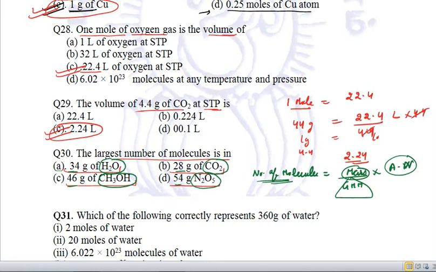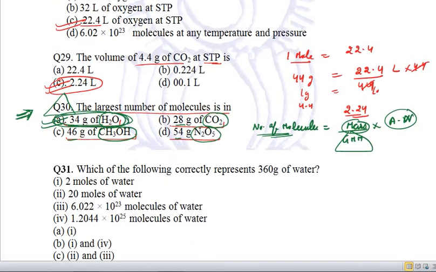Not to waste the time of the class, I think this is simple, and we have done these types of questions many times above. So you can do this yourself, and once you do it, you can check which of them contains the largest number of molecules. Fine. So this 30th question, after such a long time, I am giving you on your own, trusting you that you will solve it and check it out. Okay. The answer when you do it will be 34 grams of water, but you have to make sure whether this is the correct answer or not.